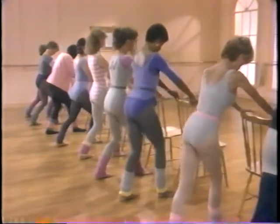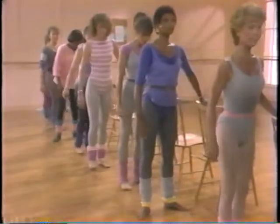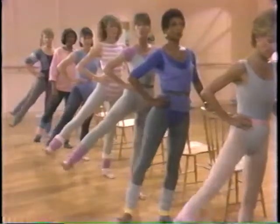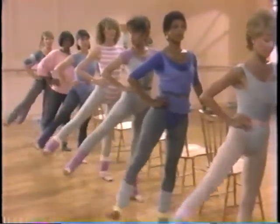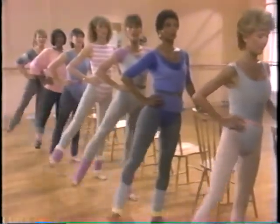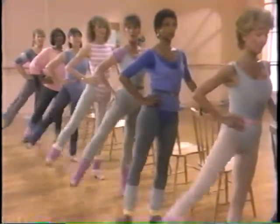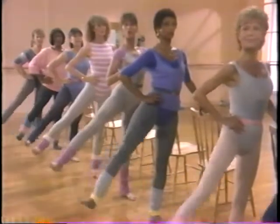alignment, 7, 8, now put the left hand on the bar again, feet are parallel, toes and heels touching, hands on the hips, and out slowly, 3, work the hip, 4, double time, 2, 3, don't move your whole body, isolate that leg, really work the hip, right at the joint, 8 again, 1, 2, grow tall, stretch up tall,